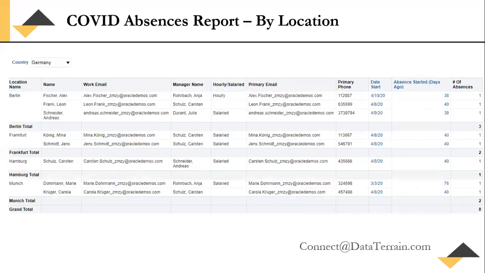In the same way, this is the table for that location with COVID absences. The employee's name, email ID, and manager name are available. This is pretty much customizable, and any other column that we want we can add here. We have only the start date here, but we can even add when they complete their absence and come back. That kind of information can also be added here.